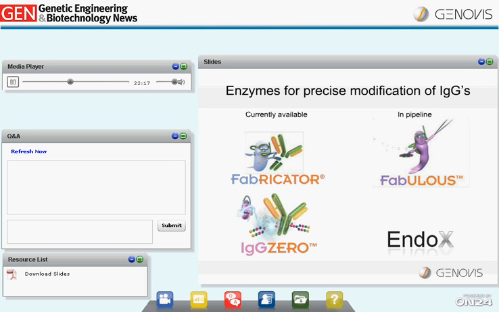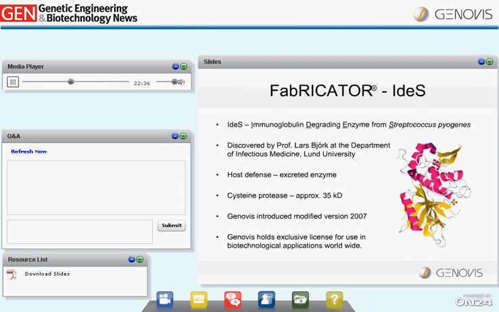Both of our current products on the market, the Fabricator and the IgG0, as well as the enzymes in our product pipeline, have one thing in common: the ability to modify antibodies in precise and specific ways. And from an analytical point of view, this is, of course, of importance as monoclonal antibody-based products are complex to analyze. Fabricator is Genovis' trade name of IdeS, and IdeS is an acronym for immunoglobulin degrading enzyme from